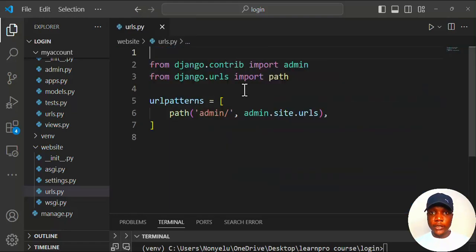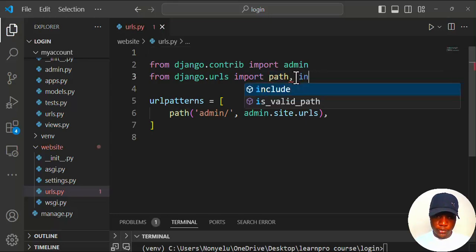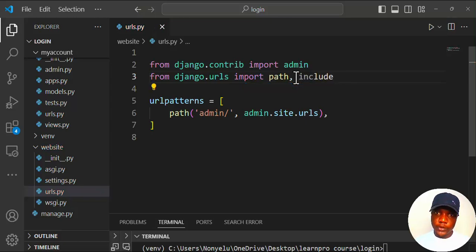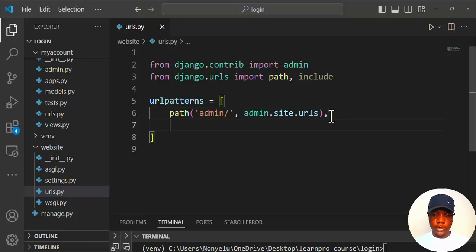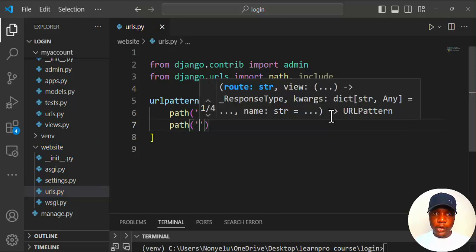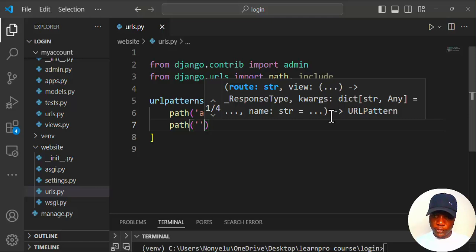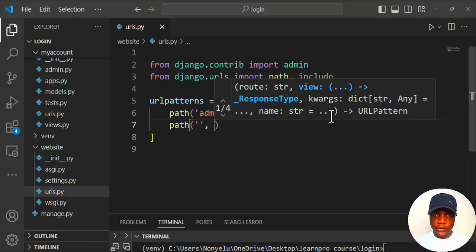All right, now we should import this function called include. And if you look here, you can see that by default, Django has added an admin URL. So we shall go ahead to add our own URLs, and we will add it on the front page of the website, on the home page